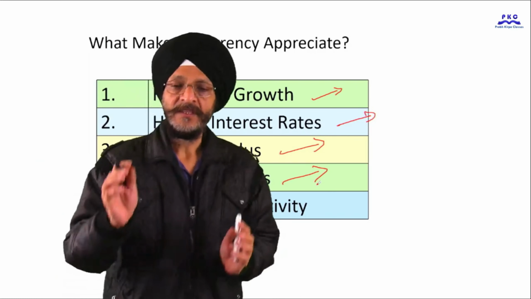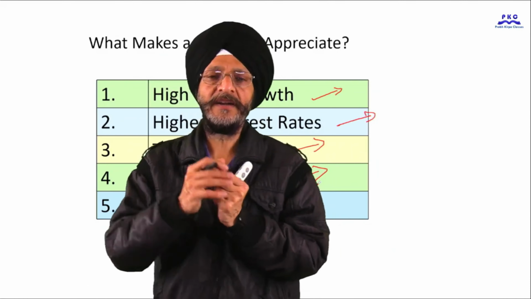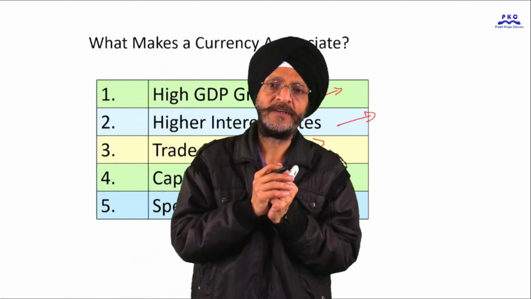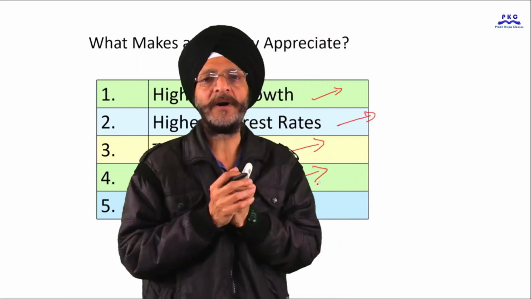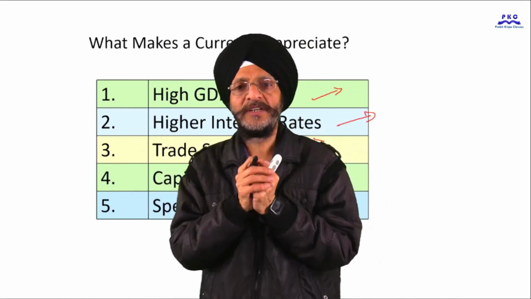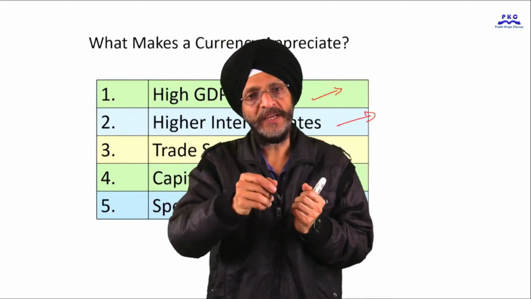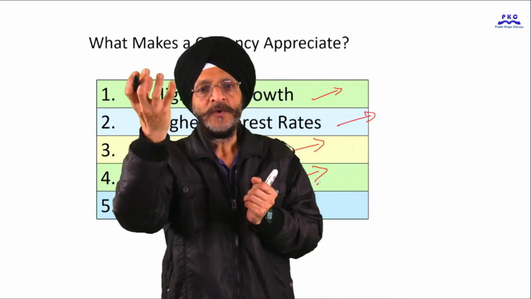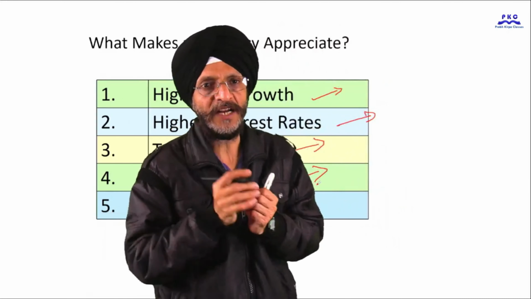Next, if there is political stability in a particular country and the economic performance of that country is good, then investors from all over the world would like to invest in that country. So it increases the demand for the currency of that country. Further, if the stock market in a particular country is undervalued, if the investors think so, then they would like to invest in the share market of that country, and it increases the demand for the currency of that country, and it results in the appreciation of the currency of that country.